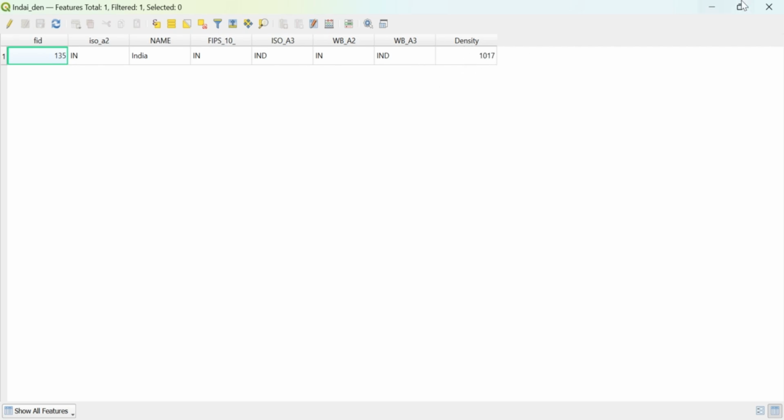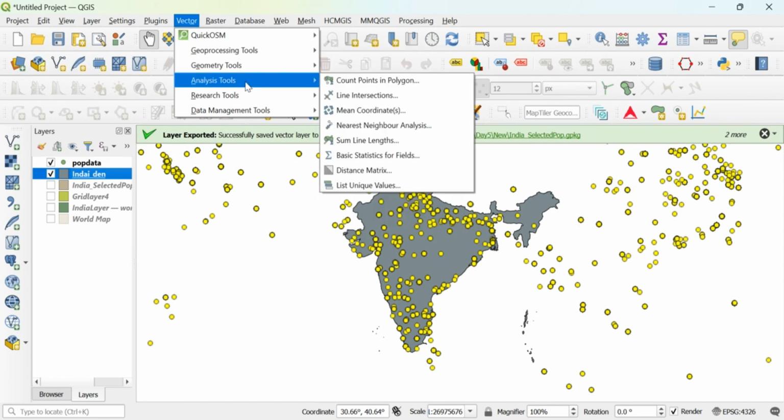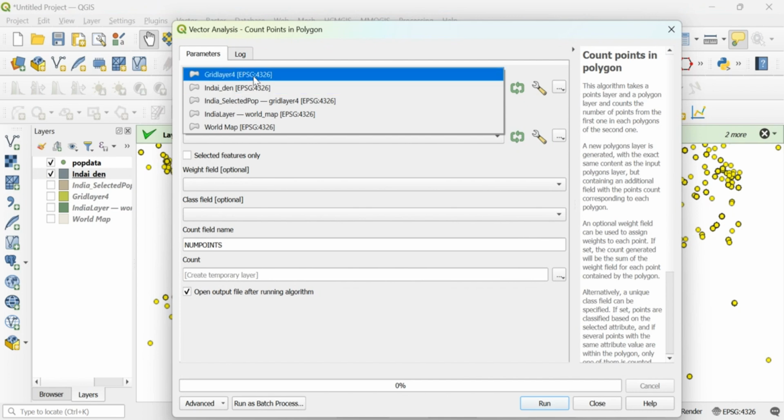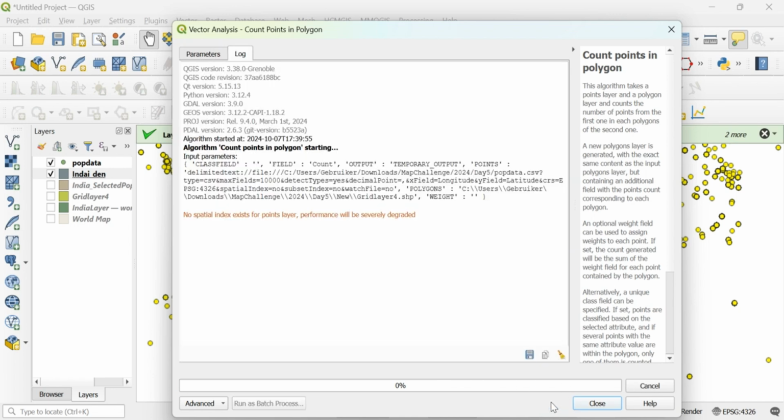Okay, it's just added the whole thing, so this is not what we are looking for. So we need to try it again. So we need the grid layer as well as population points. I think what I can do next will be after this, then I just clip only for India. I think that will work. Let's see.